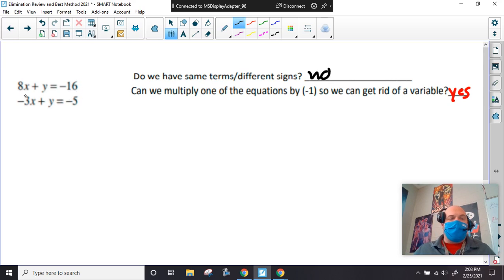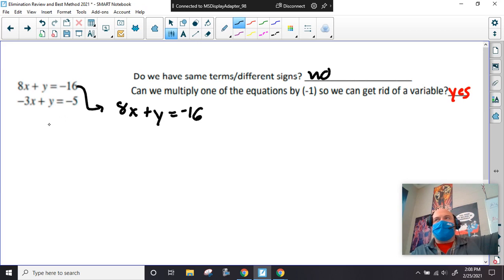Now, me personally, just being weird, Mr. J, when I do this, I like to multiply the bottom one by negative 1. And it doesn't matter. You could use the top. The reason why I do it is because I remember way back in elementary school where you'd have this number minus this number. That's the only reason why. All right. So if we multiply all this by negative 1,